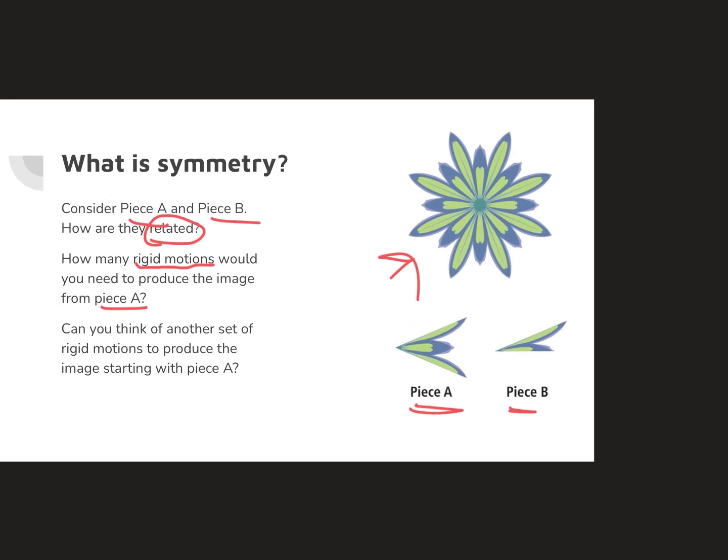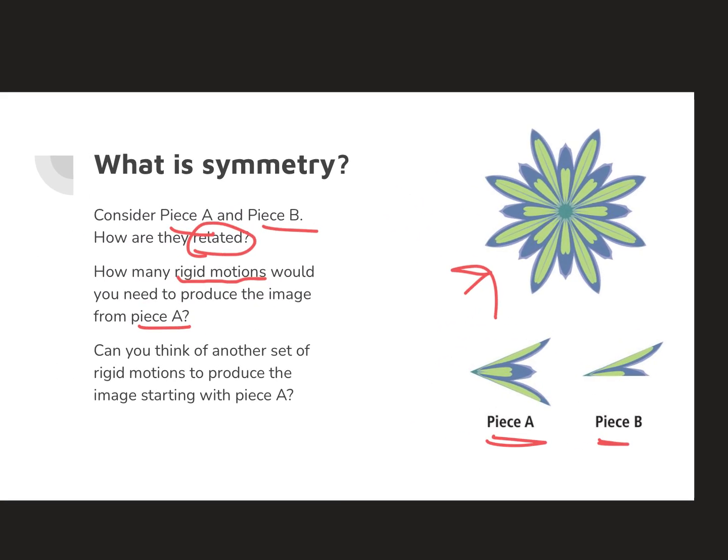Okay. Now the next question asked us, how many rigid motions would you need to produce the image, that's this, from piece A? So let's think about that. Piece A, we can see right here. Looks like this different color. See right here. Well, I can see that same piece. Hold on a second. I can see that same piece